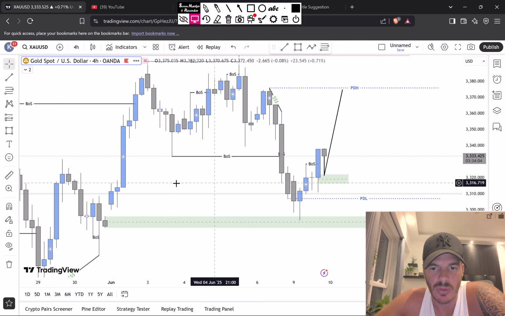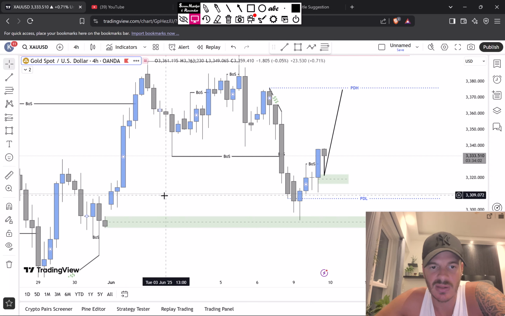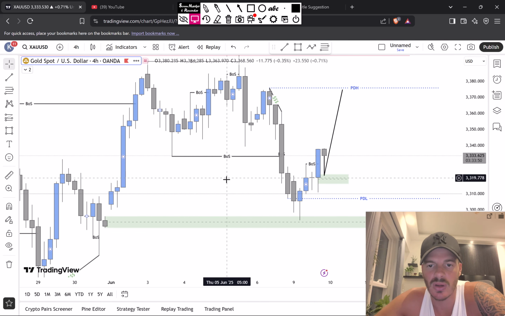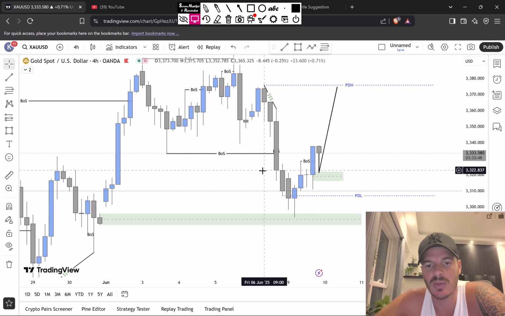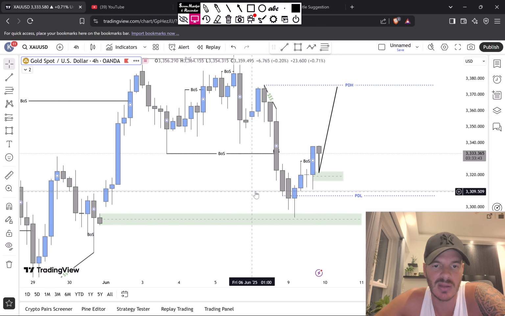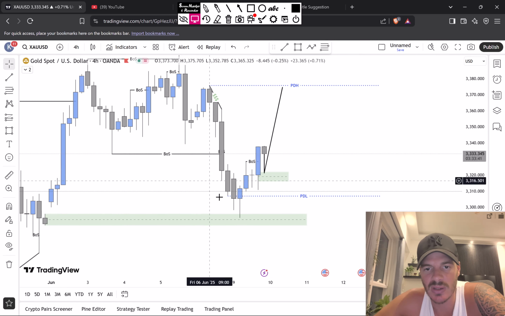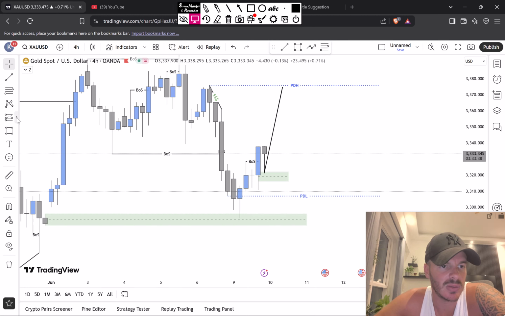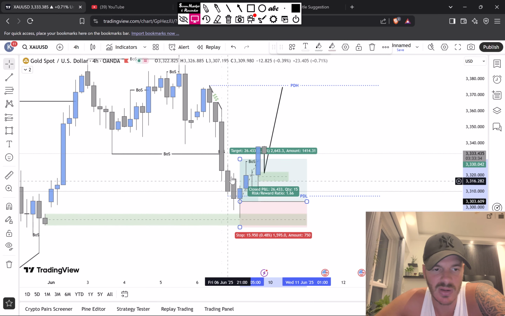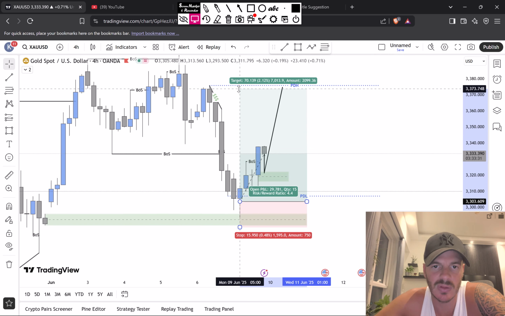Also, the reason that I didn't buy over here at this demand zone was because the stop loss would be quite wide and I didn't want to take the risk. And I also saw that this strong bearish candle towards the downward direction had very high momentum, and I was expecting to see first weakness in the market before I take any trade. And this exactly happened. I was waiting until I saw weakness in the market today in the morning, and I entered exactly here at 3,305. The stop loss was exactly below the demand zone,